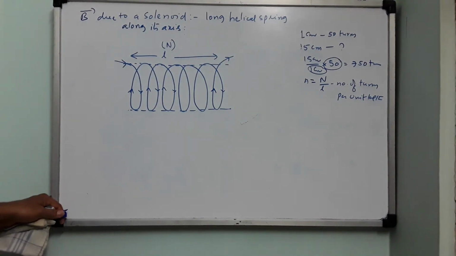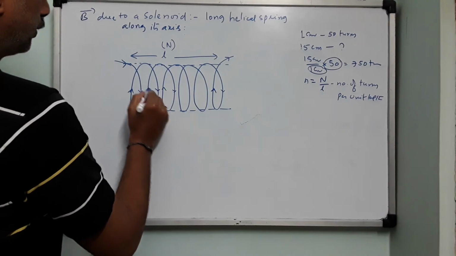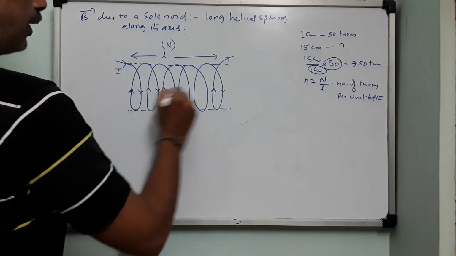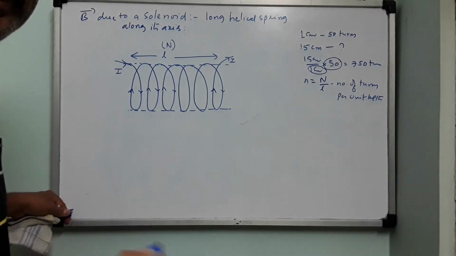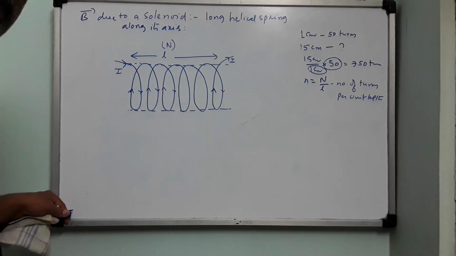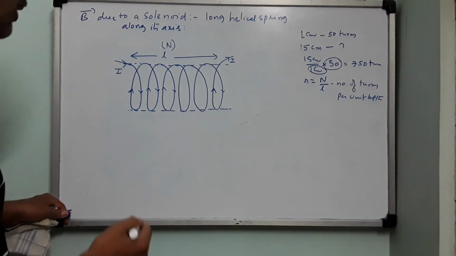Fine. Now, to calculate the magnetic field along the axis, what do I do? The total current I is entering, so every loop is threaded with a current I. I repeat, in every loop, in every circular coil, there is a current I flowing. Now I consider